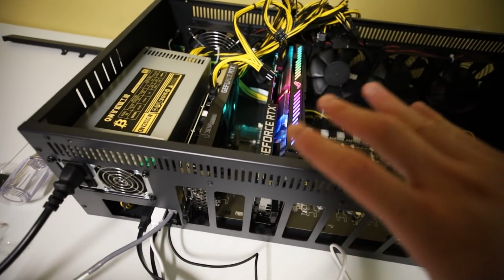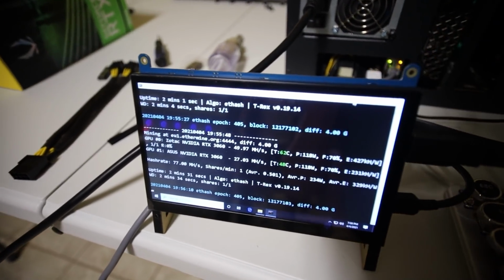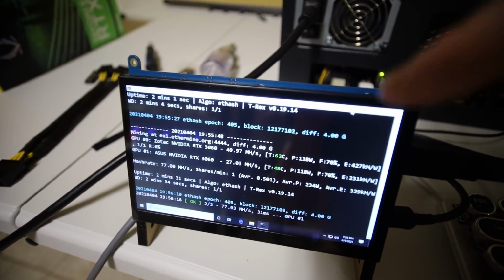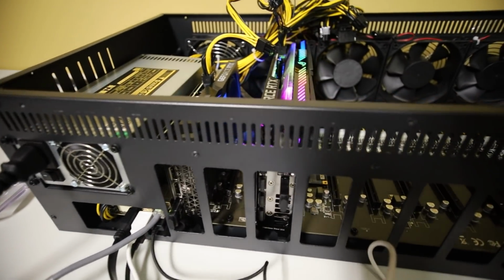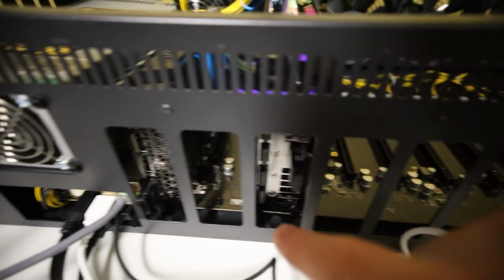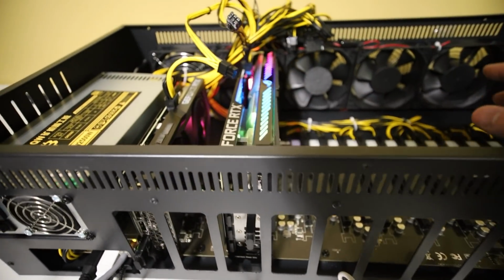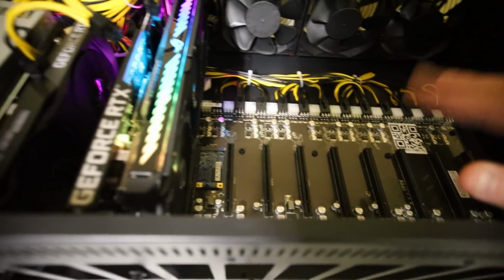I don't recommend getting 3060s anyway, because really the only driver that we know of, the 470.05, is only for Windows. There's nothing for Linux as we know right now. So this is just a workaround that we have to do. I thought I could make it work, but it looks like I can't make it work on this. But if you guys have any suggestions,